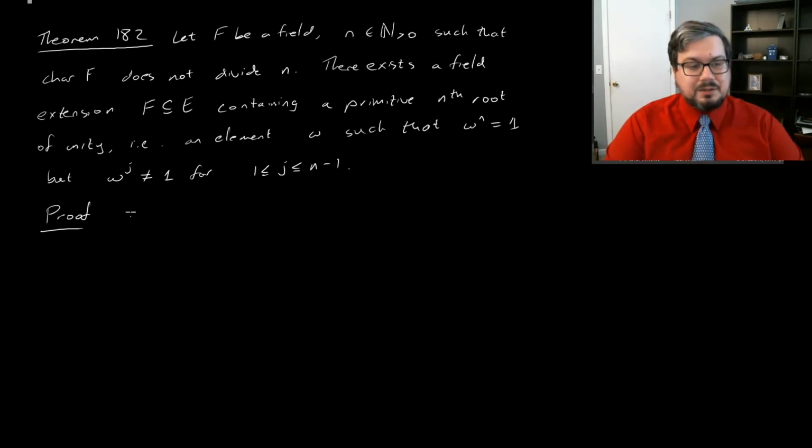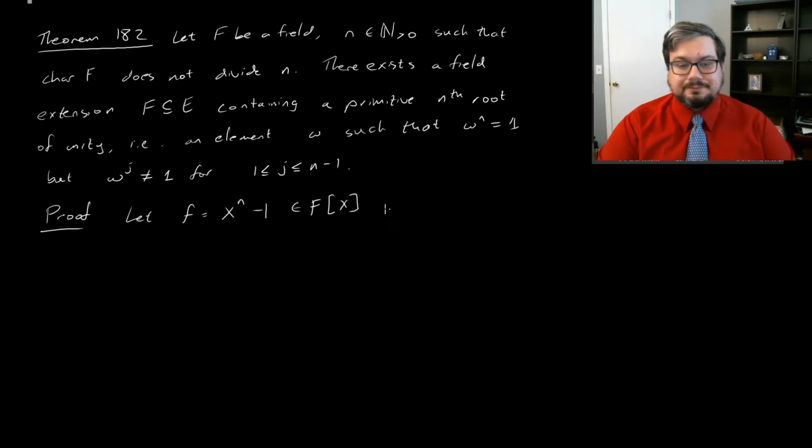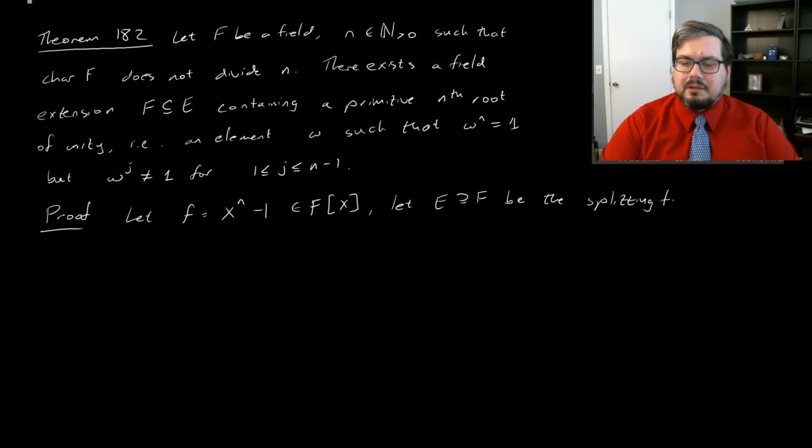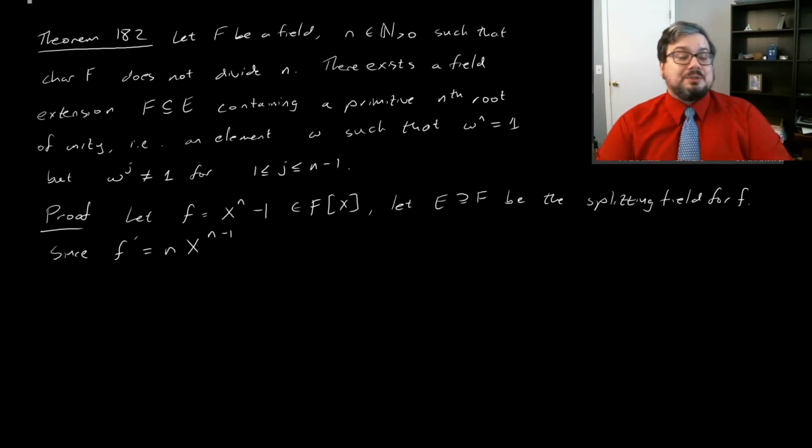The proof goes as follows. Let f be x to the n minus 1 inside F[x]. And we're going to basically show that the splitting field for f contains a primitive root of unity. Let E containing F be the splitting field for little f. Now, we have that f prime is equal to n x to the n minus 1. And here's where we're using the fact that the characteristic of F does not